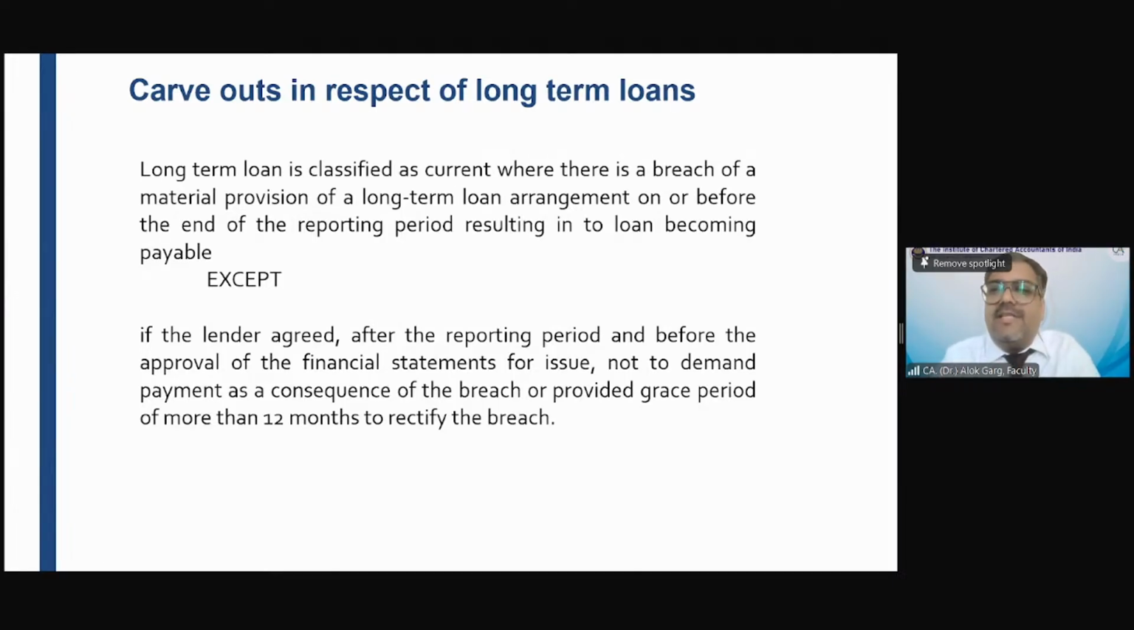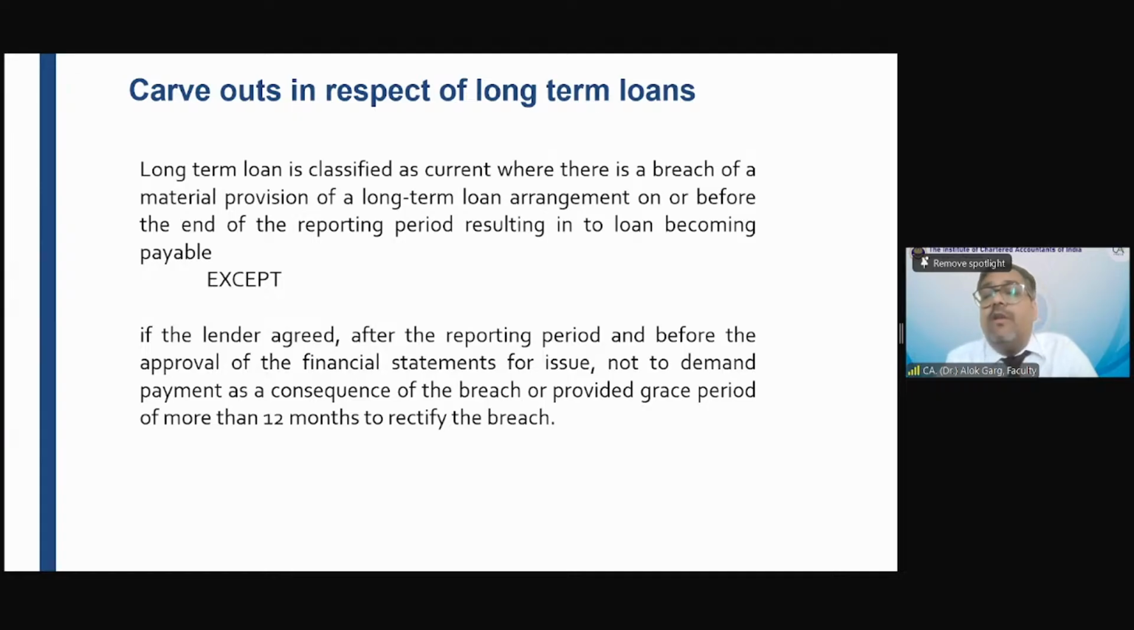Friends, the standard says that if there is a default on the balance sheet date, or before the balance sheet date, then it has to be classified as a current liability. If the money is repayable on demand, I mean if the liability is to be paid within 12 months, it has to be shown as a current liability. But